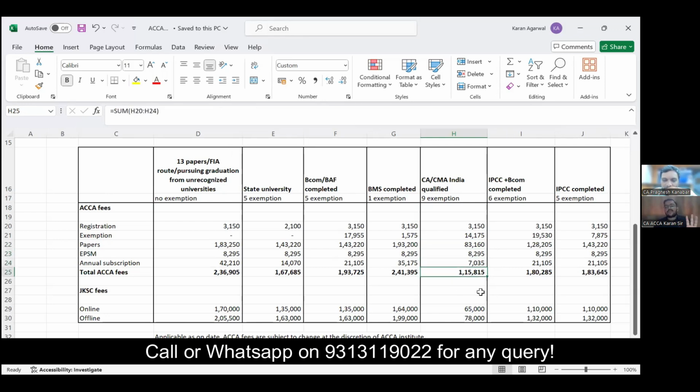So this is the approximate total cost which you have to pay to the institute for getting this 4 paper qualification. At the same time, you have to pay the JK Shah Classes fees for learning those 4 papers, and the coaching fee for online and offline is also given on your screen. So this is what your total investment will be for getting this global qualification. Okay, got it, sir. So for the majority of students, even if one or two exams go here and there, within 2 lakhs the entire course will be completed. Correct, from the start point. On the higher side also, within 2 lakhs they are completed.